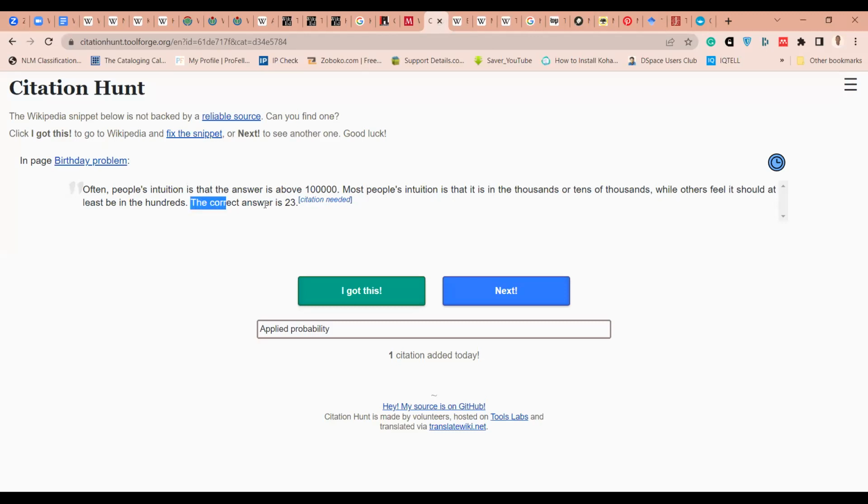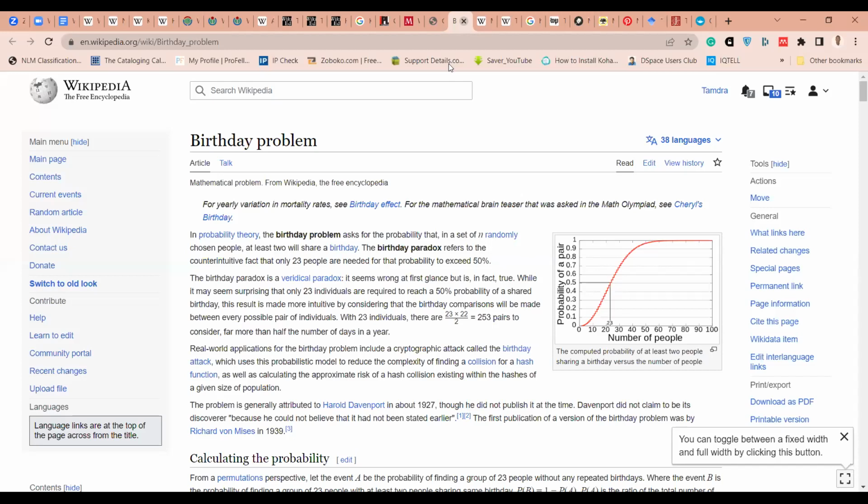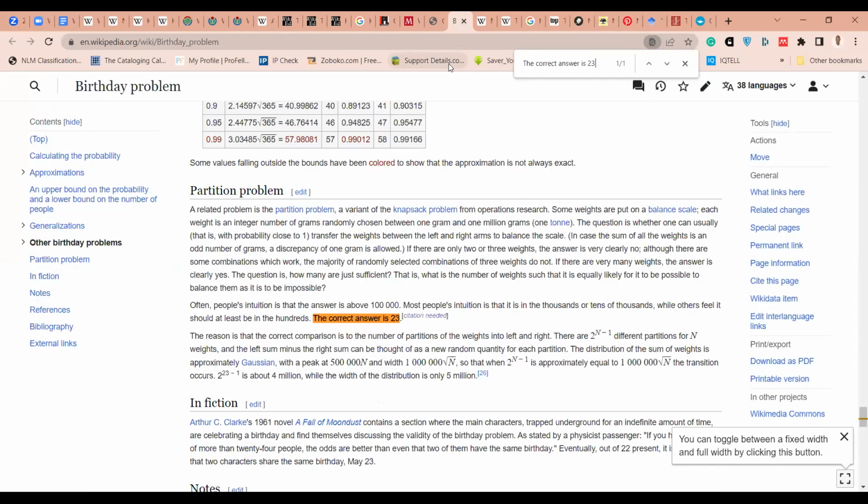So let me just take this so that we go directly to where this word is. So I go to the article, do my Control F, paste that. So this is the statement that was made. Partition problem. Now we need to have a source for this particular information that says that the correct answer is 23. I think it comes from here. Often people's intuition is that the answer is 100. The question is how many are just sufficient? So if we can find this citation, I can copy this